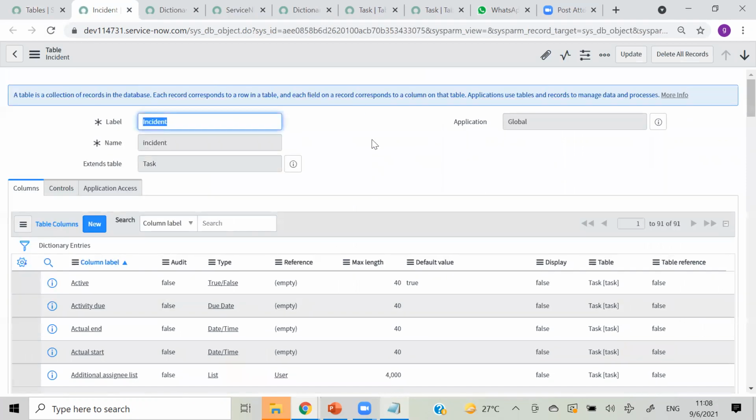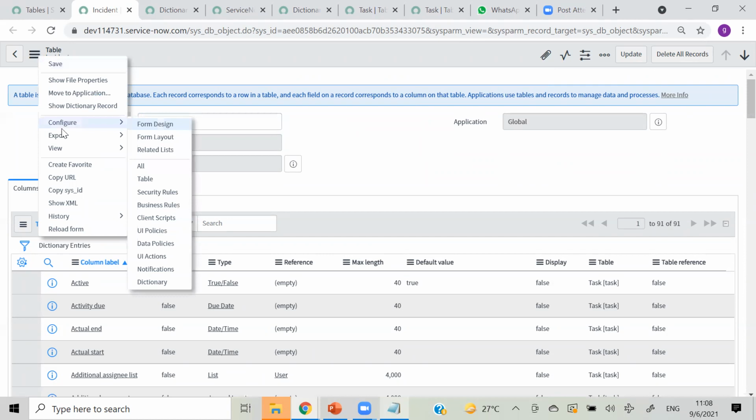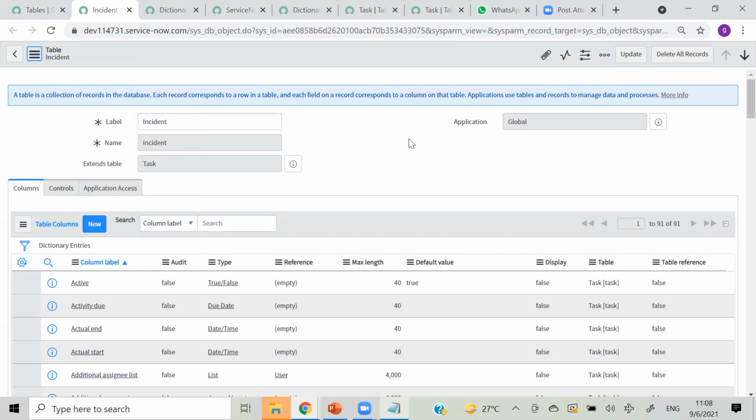So we just revise the topics which we have covered. We have covered this extend table, this application, this attachment, this prioritize form, then what we have in this option, then this column control and application access, and again on column we have seen what is display and what is audit.